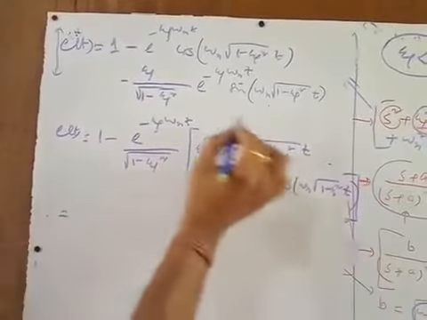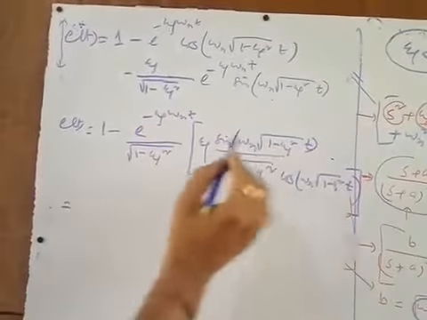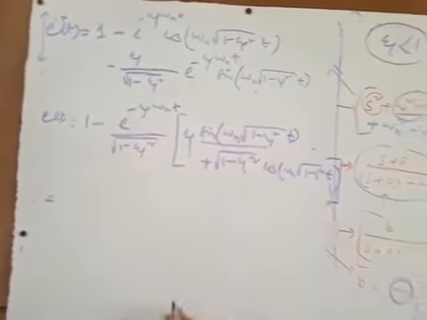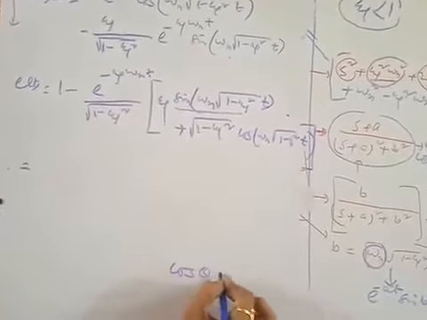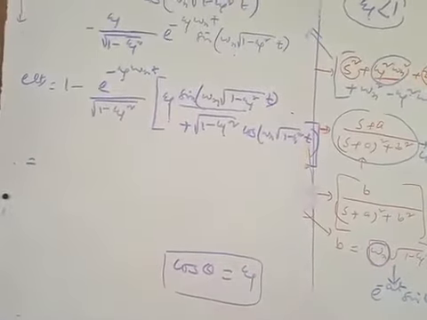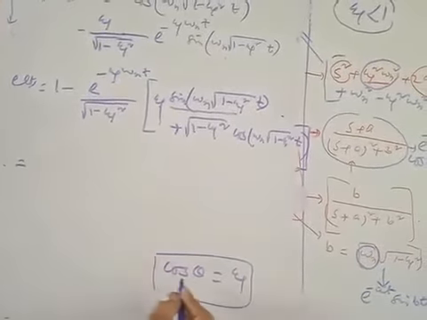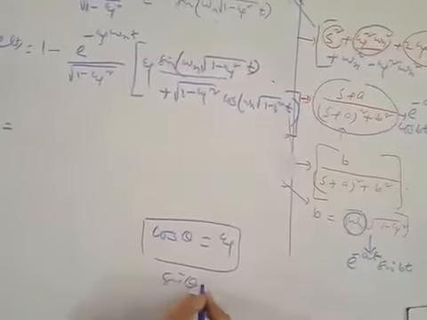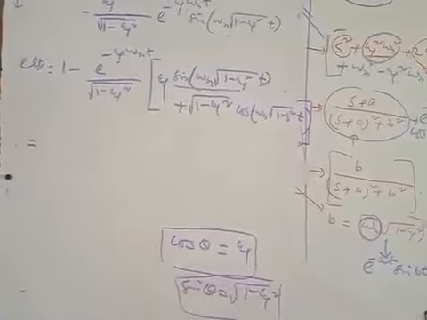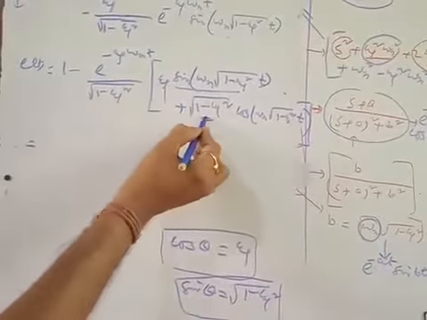Now see this term. This is sin A, and this can be taken as cos B. We already know from the previous discussion that cos theta is equal to xi. So xi is equal to cos theta. If xi is equal to cos theta, then sin theta will be equal to root over 1 minus xi square, definitely, and we get the similarity like this. So you can take it as cos theta, and this will automatically be sin theta.